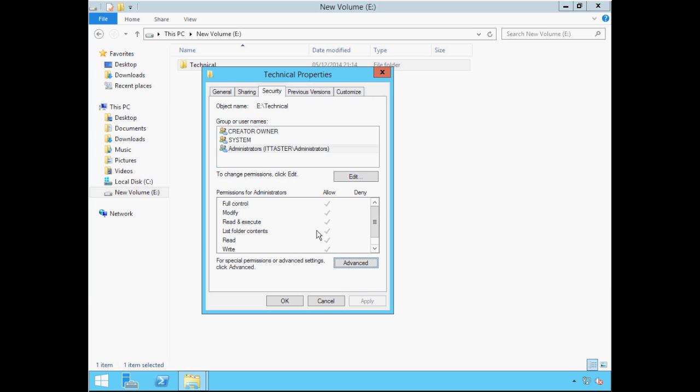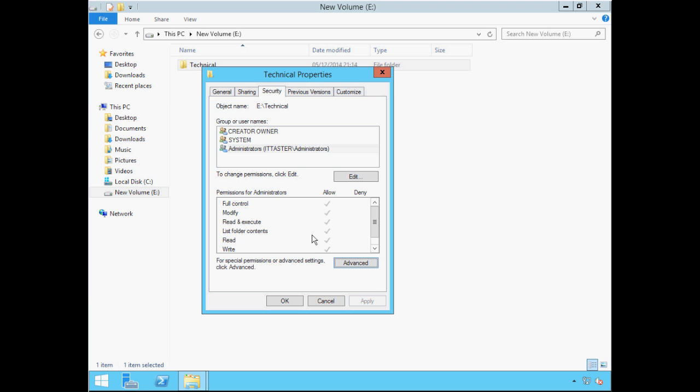The permissions we can see here are known as standard permissions. Standard permissions are a combination of single permissions. They're easy to configure and normally sufficient for most situations. But where more complex access controls are needed, we also have the option to set advanced permissions, also referred to as special permissions.